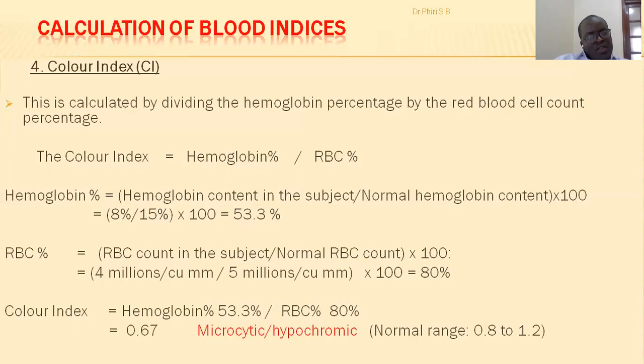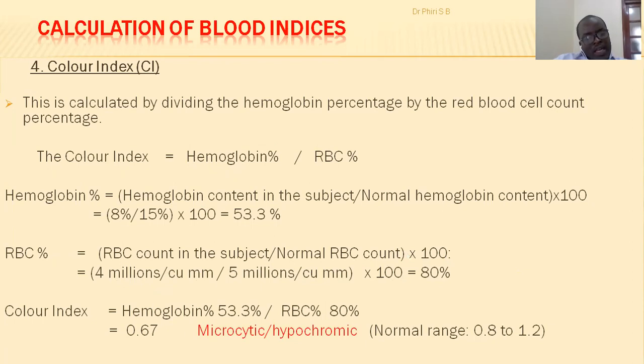Then you also need to calculate your red cell percentage. The red cell percentage is calculated as the red cell count in the subject or the patient divided by the normal red cell count multiplied by 100. In this case, we're given 4 million cells per cubic millimeter. So 4 million divided by that of the normal person, 5 million on average. So 4 divided by 5 times 100 gives you 80%. So you have your hemoglobin percentage, and then you have your red cell